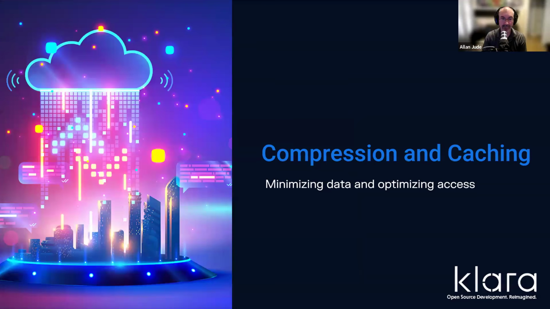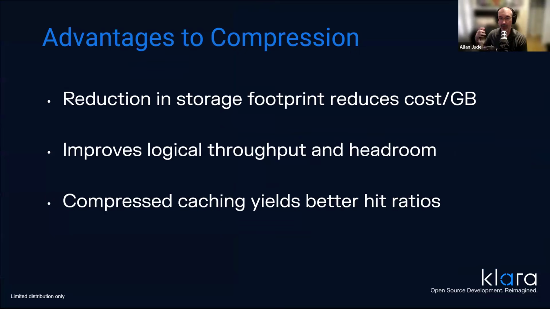So now we're getting into some of the more interesting stuff that we kind of just briefly touched on, compression and caching, and how to minimize your data and optimize access. So one of the biggest advantages to compression is the reduced storage footprint. Right? If we did, as we recommended on the previous slide there, we used a 64K record